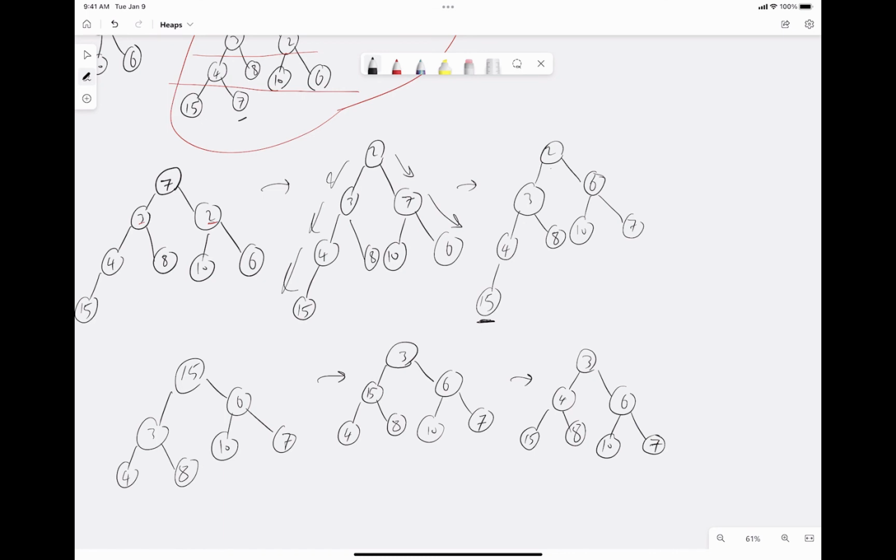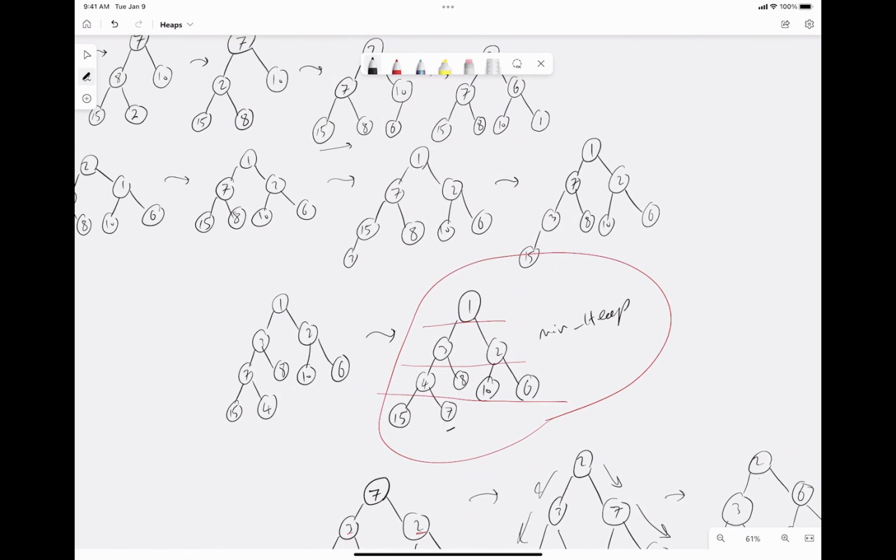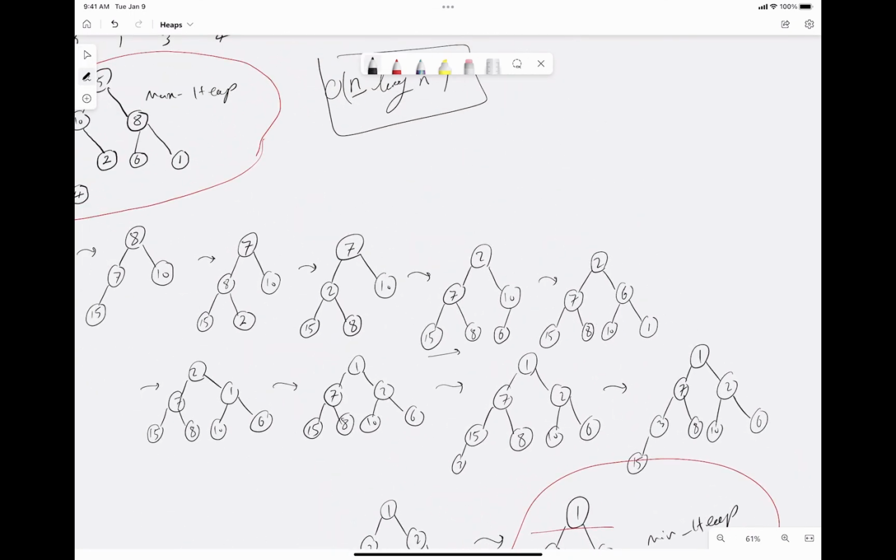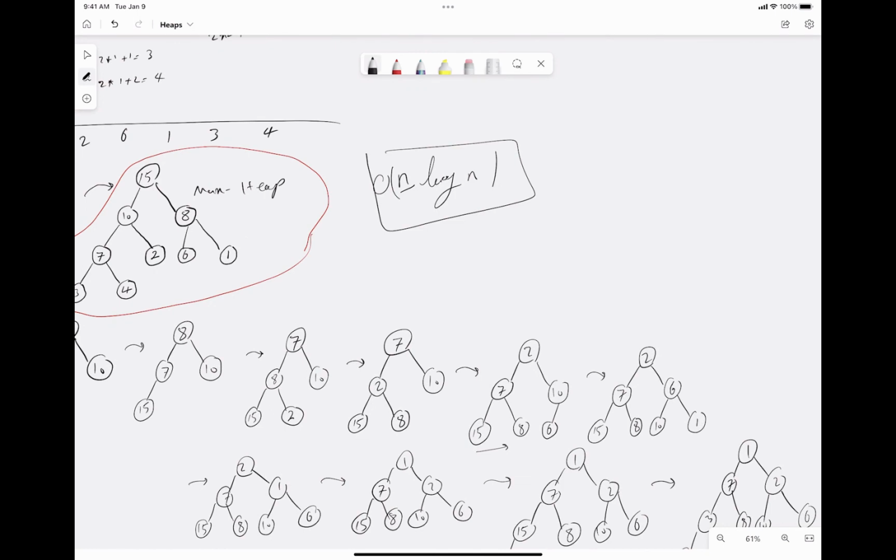If we're going to remove all the nodes, one by one, it's going to take n log n, because again we have n nodes, and each of them is going to take log n. Again, that's the order of the time complexity for the insertion and deletion. Insertion is going to be n log n for inserting n nodes, and removing one node at a time is going to take log of